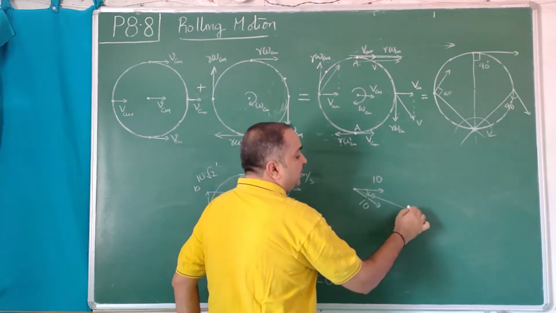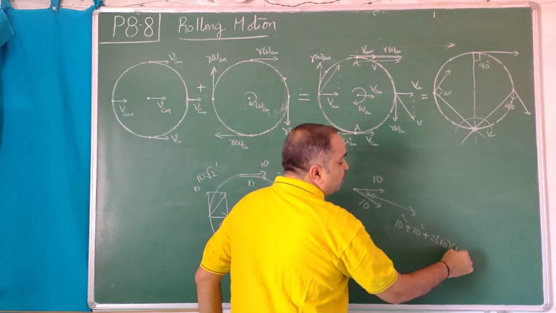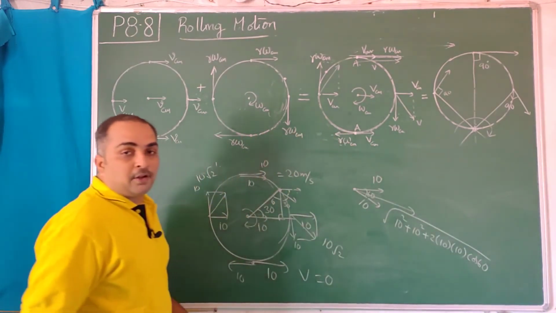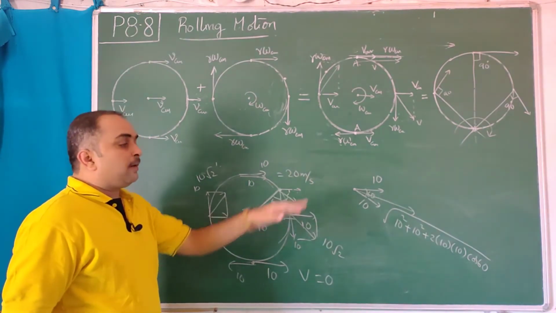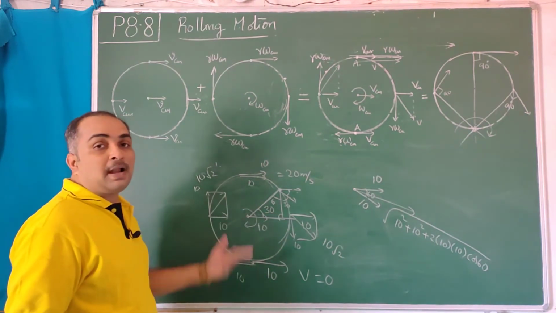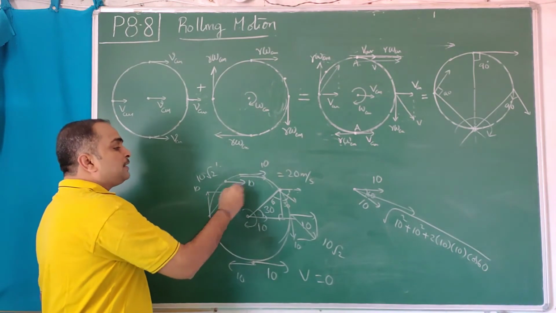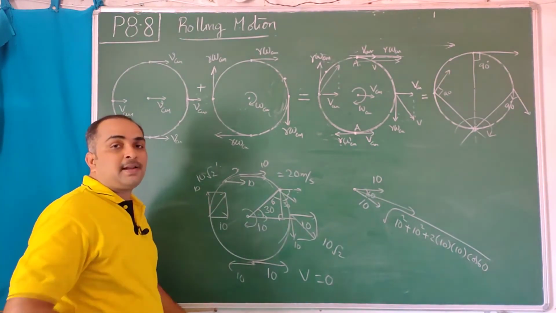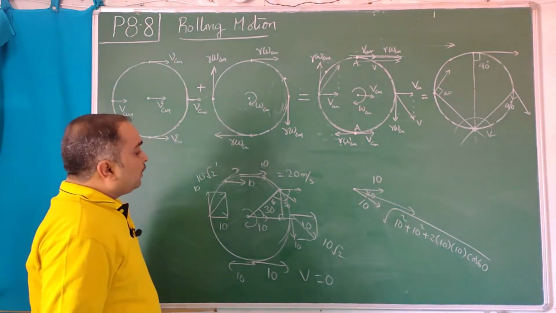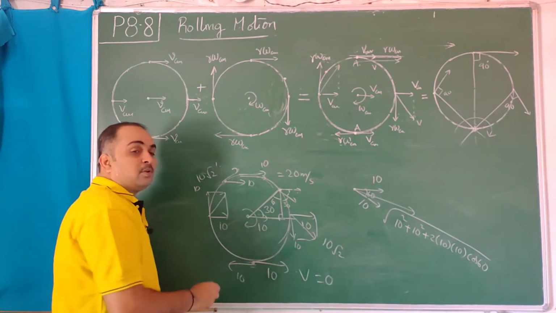So you can use the resultant formula, 10 square plus 10 square plus 2 into 10 into 10 into cos 60, under root. That is the resultant velocity of that point. Or you write the translational velocity in IJK form and R omega in IJK form, add and take the magnitude. Basically it's a vector sum. At any point we have VCM and R omega CM. R omega CM will be tangential and clockwise in this case, forward, no slip rolling. If it is rolling this side also, then this will be VCM, this will be R omega CM.